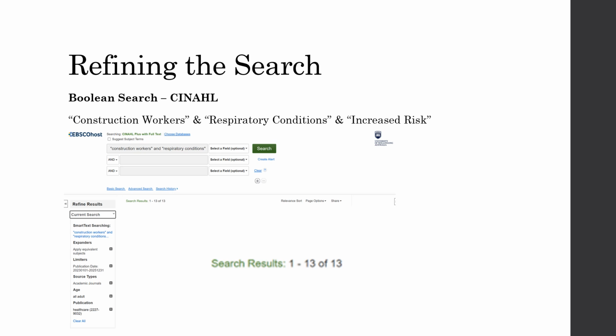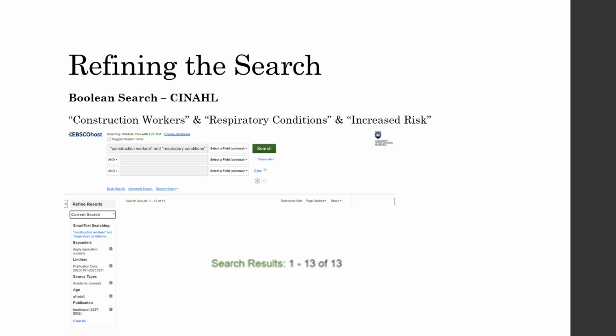Refining the search. Using a combination of the key and alternate words from the previous slide, I came up with the Boolean search term on screen: construction workers and respiratory conditions, and increased risk, with quotation marks in the appropriate areas. I used CINAHL as one of my databases to search.